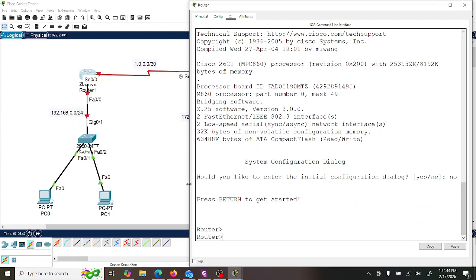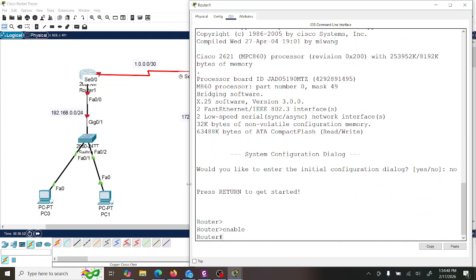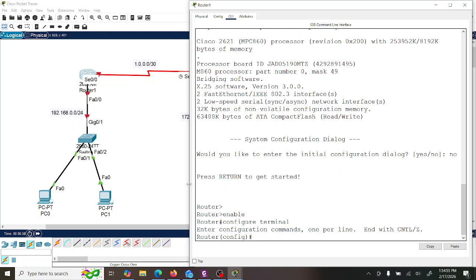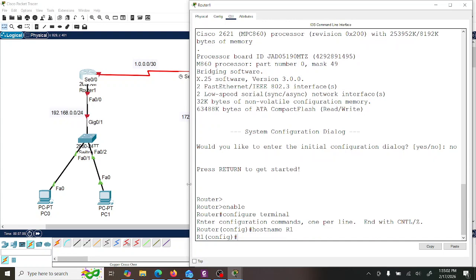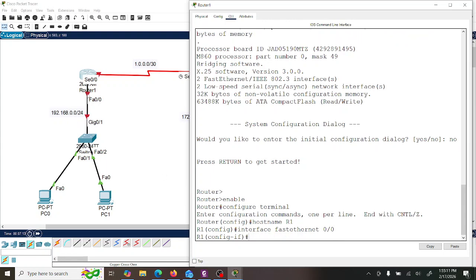Couple of enters. I will type enable, will take us to the privilege mode. Now I'll type configure terminal, will take to global configuration mode. We can change the host name to R1. Then we can go to interface fast Ethernet 0/0. Pay attention, this interface we are configuring. So I'm going to type IP address